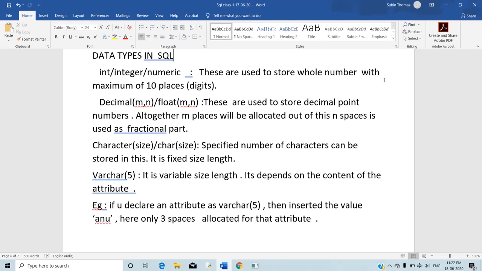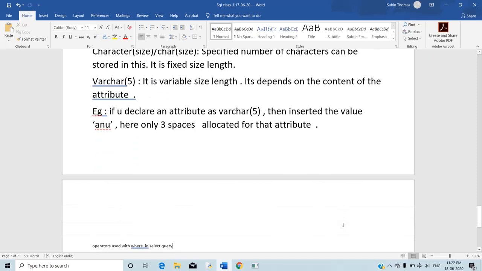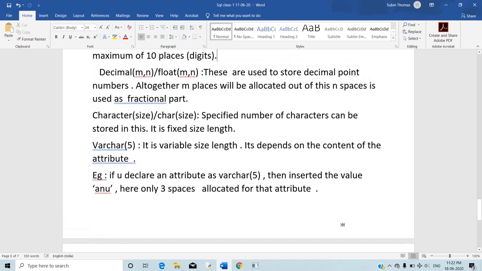And one more data type which can be used in SQL is date. The date data type is used to store dates in your table. Normally a date is stored in the form of a 4-digit year, 2-digit month and 2-digit day format. These are the basic data types used in MySQL. So these are the basic things about your database and MySQL.